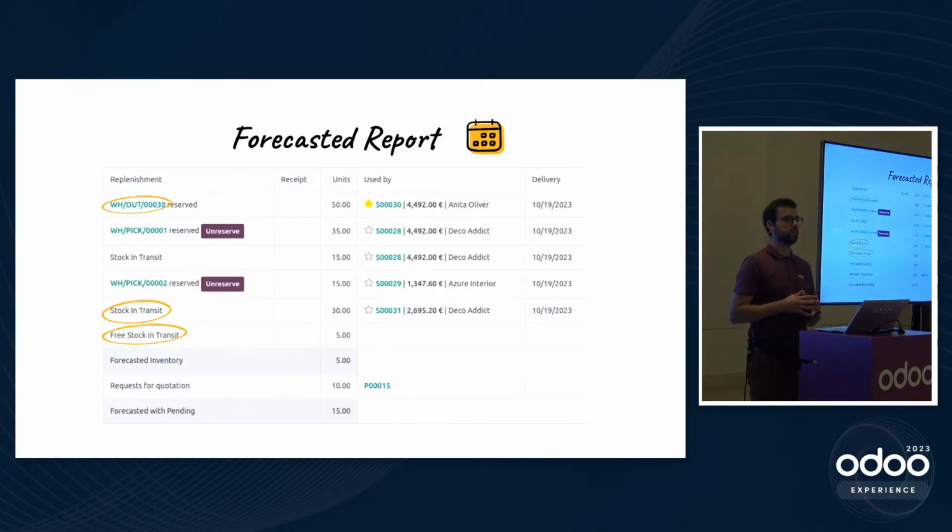On the forecasted report right now, you have a better overview of where the products are reserved. As well, you have a better overview of where the product stands in the input zone. And here, the stock in transit section, as you can see on the slide, is related to the product you have received in the input zone, but not yet in stock. It means that as soon as they arrive in the stock, they will be reserved for the sales order